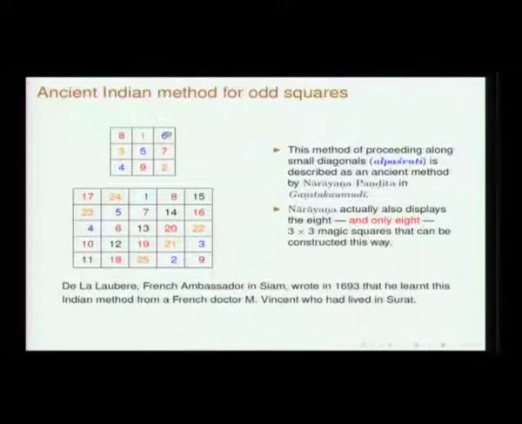At 6, you have to move up here and this will actually be mapped to this point here, in a torus, but this is already occupied and therefore you have to place 7 below. So you go up, this will be mapped to this 8, and then you go up, this will be mapped to this point 9. This is how you get this magic square, and the same technique can be employed for any odd magic square. Maybe I will work out one example on the board so that it becomes more evident.